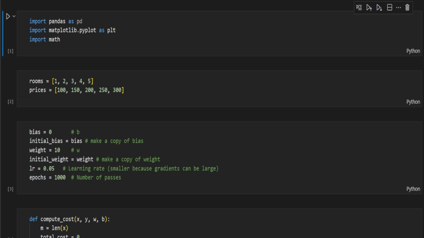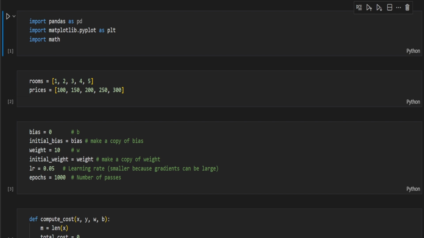Last time we used some cool tricks, the simple trick and the square trick, to find the best line for our data. Those were great for understanding the intuition behind linear regression. But here's the catch. What if your dataset has thousands of rows? What if it has multiple features? Can we still rely on simple trial and error? Nope, not really. That's where cost function and gradient descent come in.